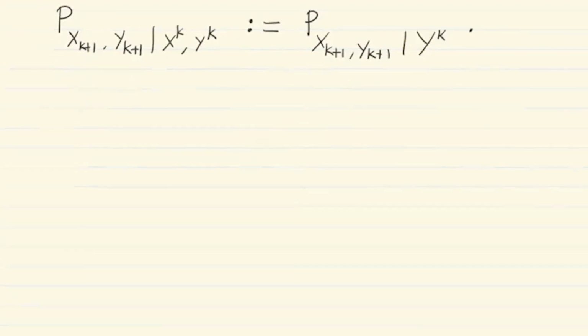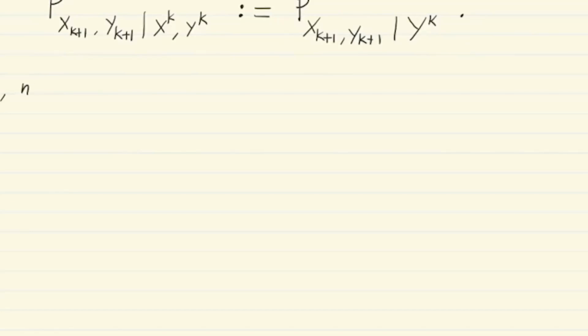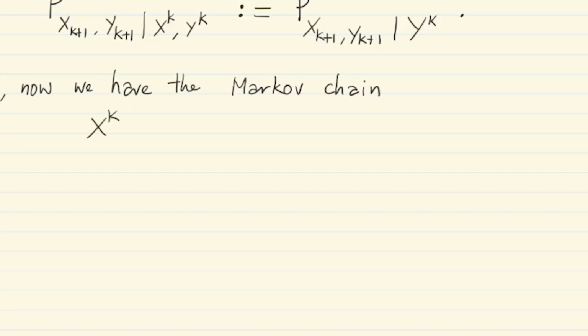Okay, so now by doing this, we have ensured a Markov chain. We have defined basically a Markov chain that says that if you have xk, from it you can generate yk, just because you have a joint distribution between xk and yk. This is using the existing coupling, the induction hypothesis coupling for n equal to k, and from there yk alone is enough to generate the next pair xk plus 1 yk plus 1. Okay,